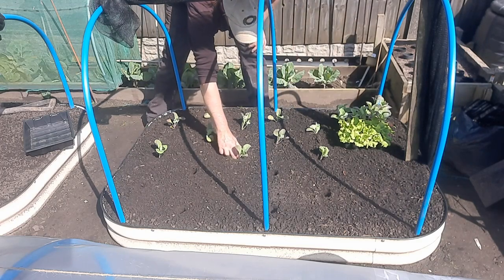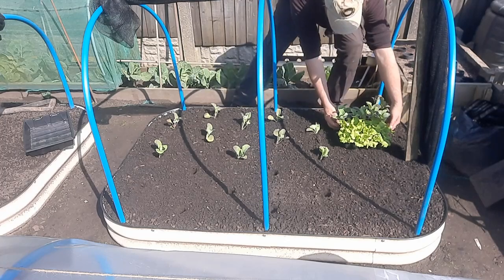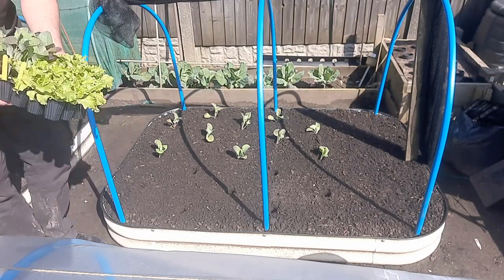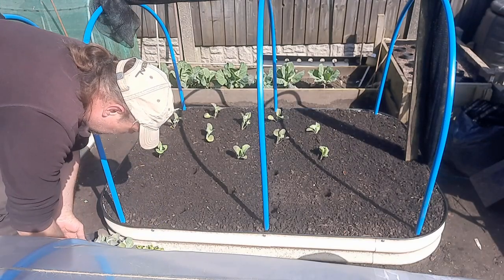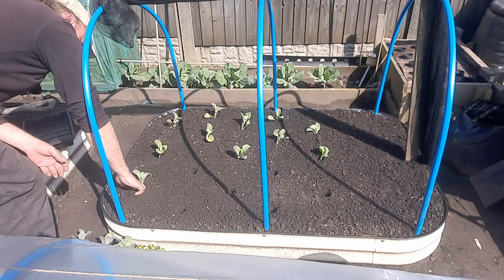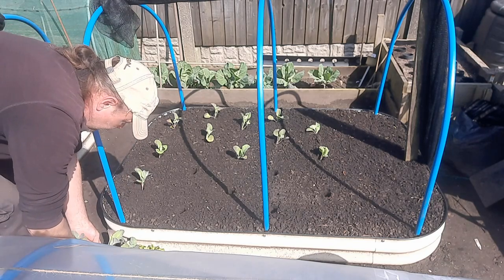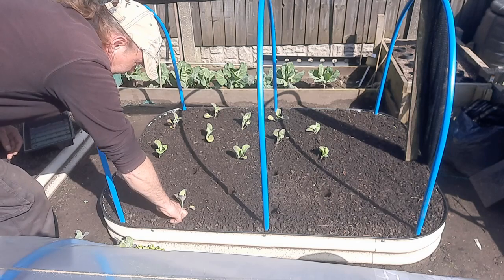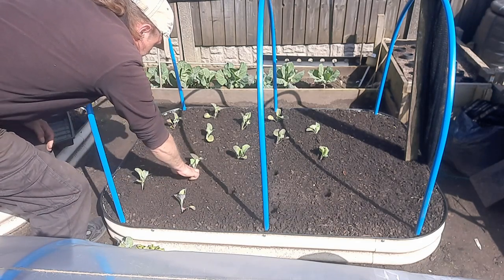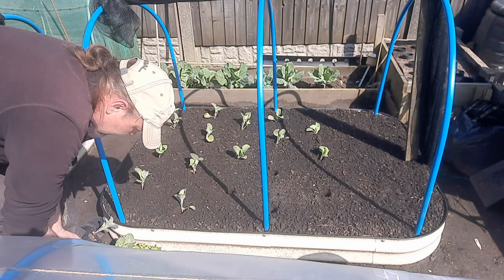Even I've just got enough room at the end just to put a row of spring onions in or something, just to fill that gap. And this is where, if you've got your prep all right and you've planned it before you actually commit to it, or at least got some sort of idea, it's always subject to change, you know. It's just the planting is